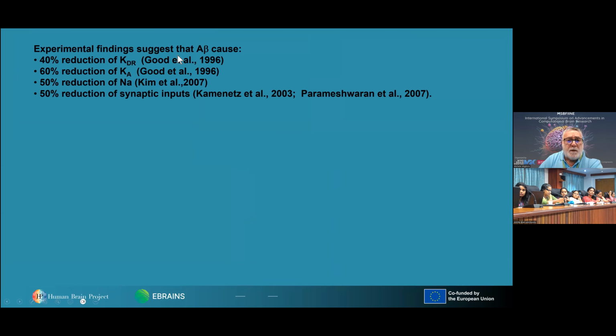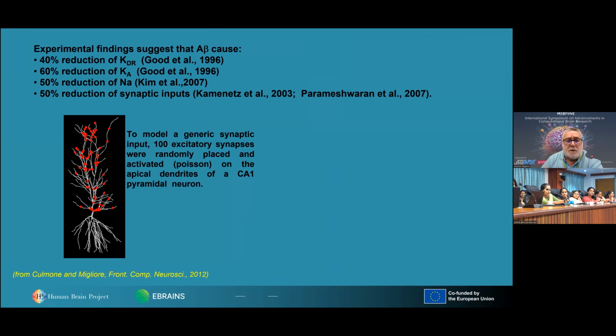Okay, so now one example in which we can use single neurons to study and investigate Alzheimer's. I'm sure you know what Alzheimer's is. You may not know that Alzheimer's affects in different ways the different ion channels that are expressed in a neuron. There were several papers showing the different effects of Alzheimer's on different ion channels. So we modeled all of them at the same time,